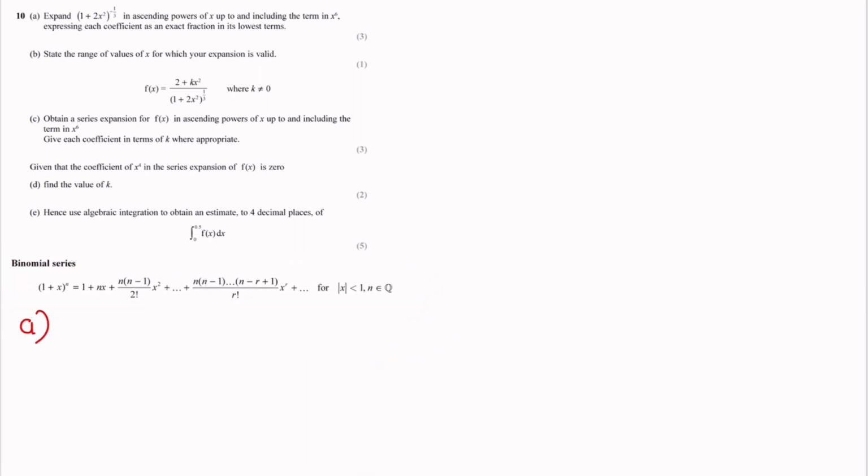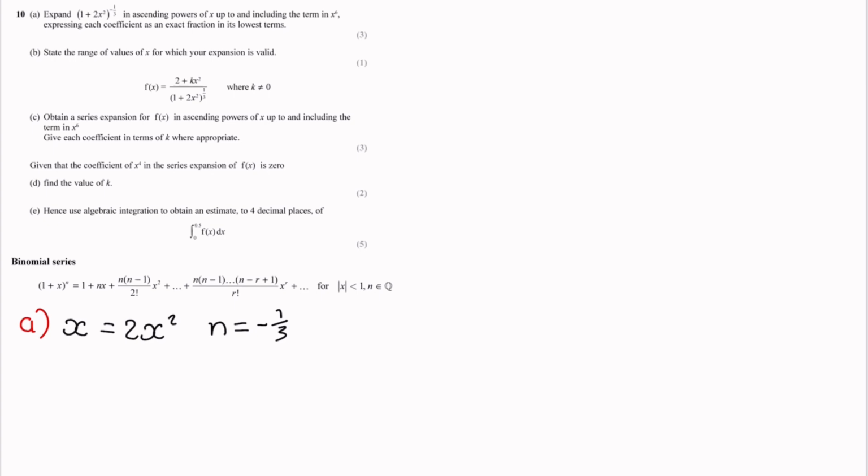And if we compare this formula, 1 plus x to the power of n, with the question, we can see that x equals 2x squared and n, which is the power, is equal to minus 1/3. So I'm just going to substitute into this binomial series formula. So the question, 1 plus 2x squared to the power of minus 1/3, is going to be equal to 1 plus minus 1/3 times x